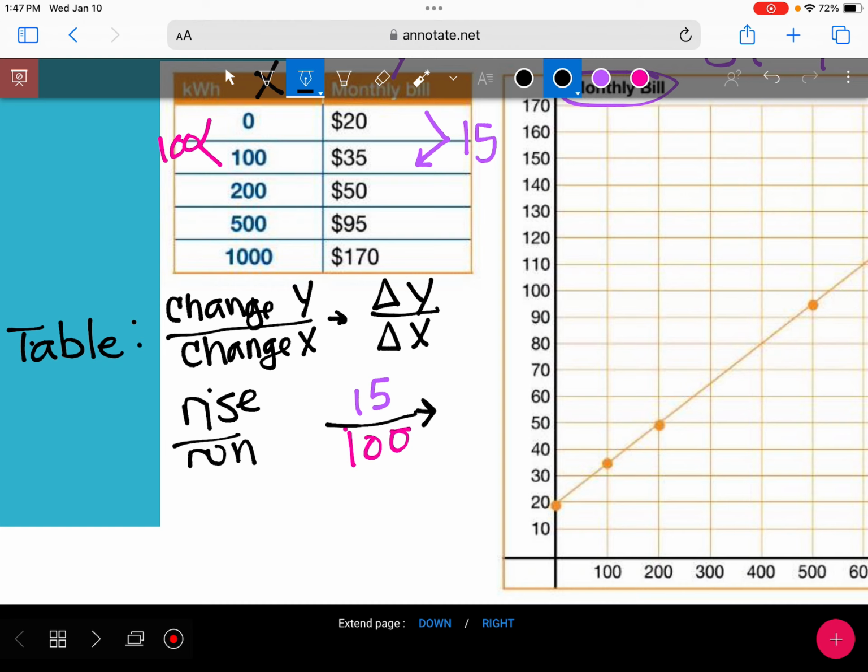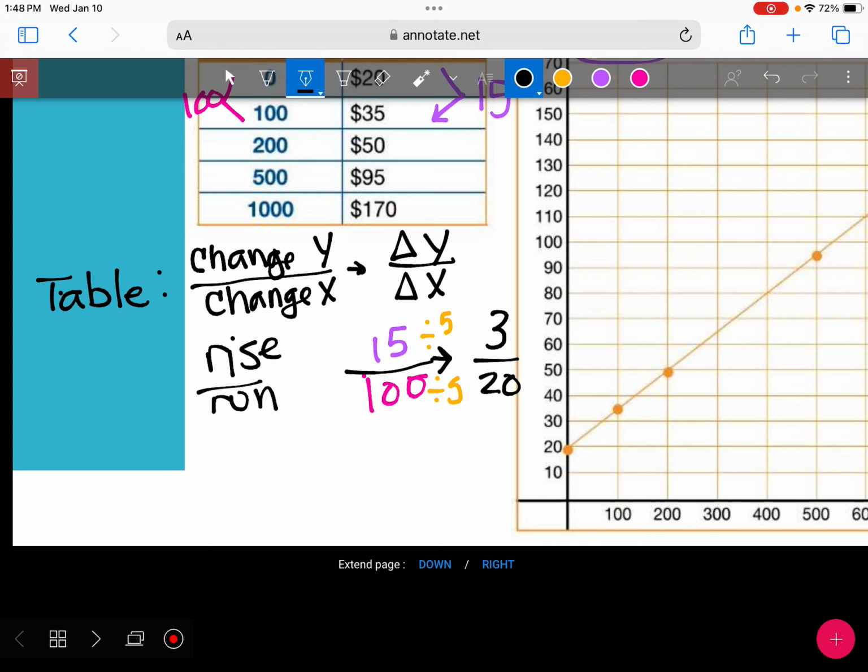Oh, 3 over 20. Thank you. Because we're dividing both of these by 5, right? So we can simplify this down to be 3 over 20, which is great, but what is the actual rate